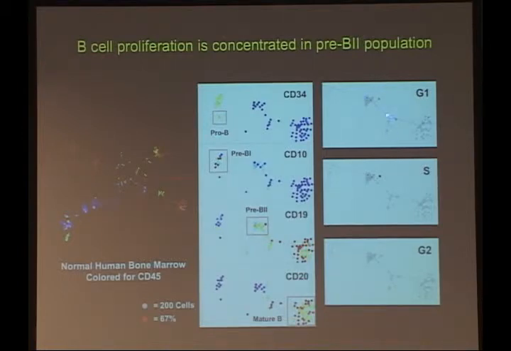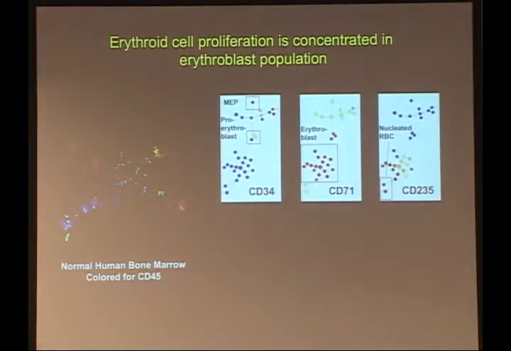Here, these are circle and circle plots. The size of the inner circle, the red circle, indicates how many cells of that phase were in that population. We size it so that a completely full circle is about 67%, just so it's easier to view. And you can see that the proliferating cells are pretty much concentrated in this pre-B2 population. Same kind of analysis can be done for